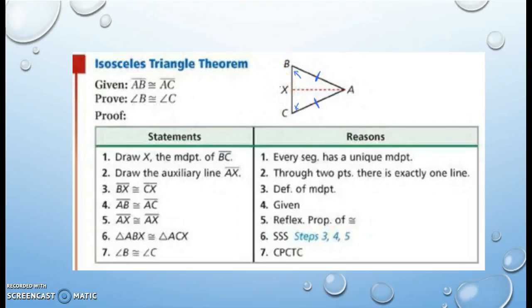And we're going to do this proof by adding a midpoint to BC. That's going to be X. And we're going to draw what we call an auxiliary line, which is just a line to aid us in a proof, from A to X. Once we draw our midpoint of BC, that means that BX has to be congruent to XC, and we draw in our auxiliary line. We can then use these two smaller triangles